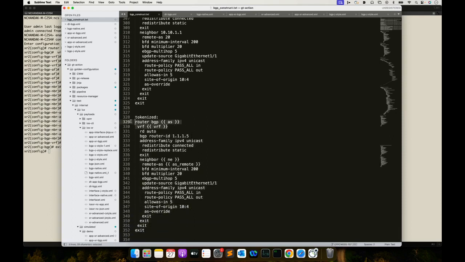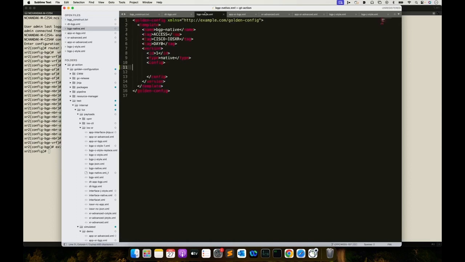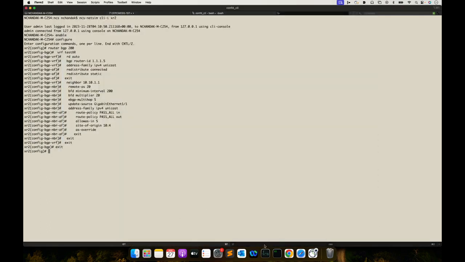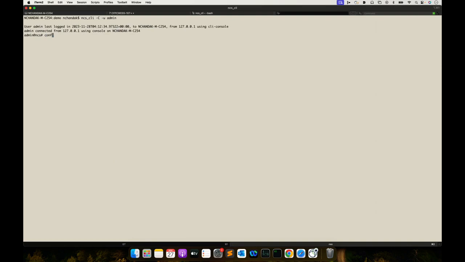So I have tokenized four variables: BGP AS number, VRF, neighbor, and remote AS. The way we ask a network engineer to prepare a template is to just go in the template, have name, tag, version, type of config, and paste the native config as is inside the template. And we can just load merge this golden config template. In fact, we can even create this template directly from CLI. It's very intuitive. I can go here,